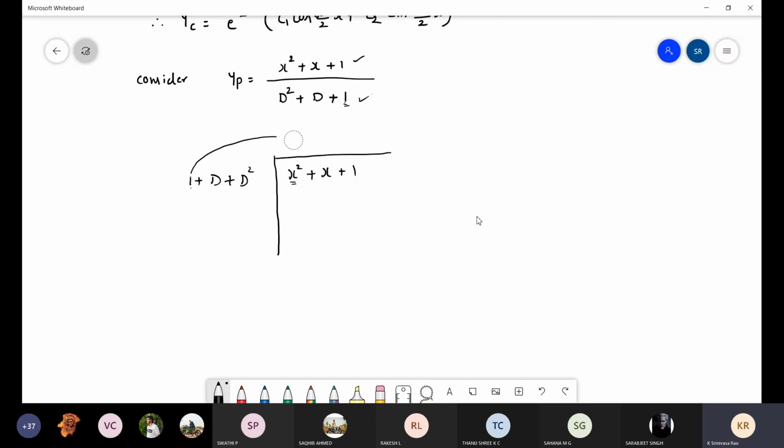Just see here, some logic is there, very simple logic. What is the first term in the inside polynomial? That x square, you write. And what is the first term here? 1, no? So you divide by 1. First term by first term, that's it. What is x square by 1? x square. That x square you write here. This is the logic: the first term in the inside equation divided by the first term in the outside equation.